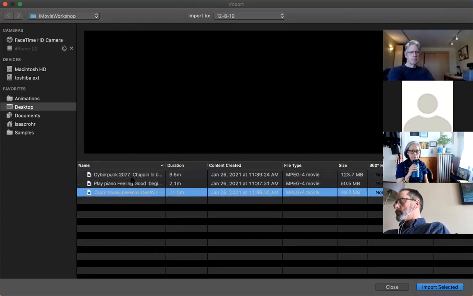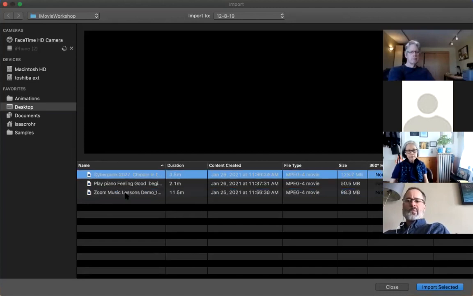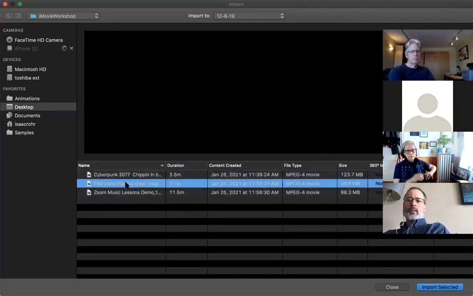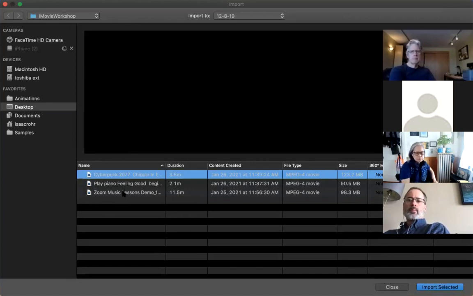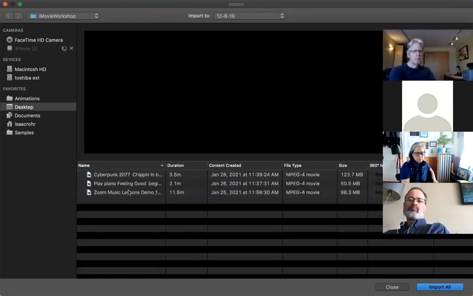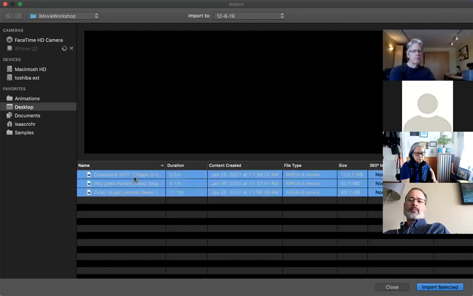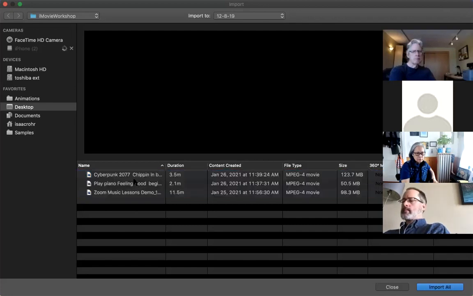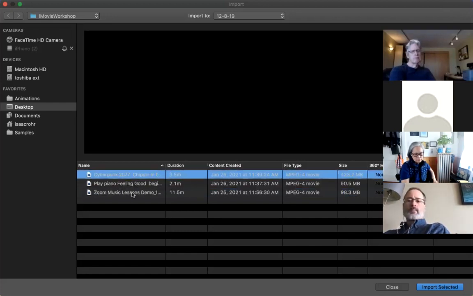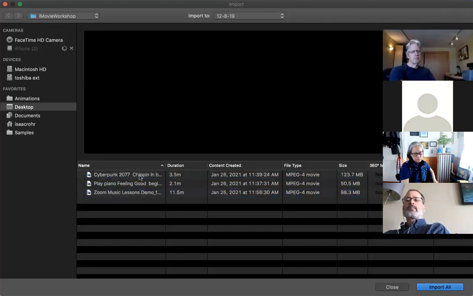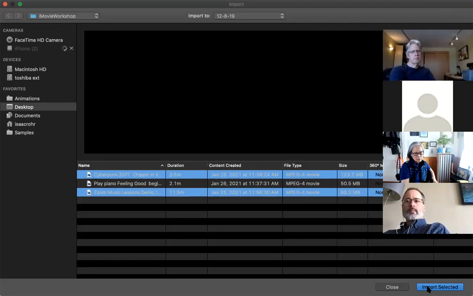For those of you who don't know, you can see that I have a gap between these, and let's say I want to import both of these, but I already have this one in the middle that I don't want to import again. Some of you might know that you can hit shift and then click, and that will highlight in a row. So if I go from the bottom up, that'll highlight everything in between those two clicks. But if I want to only do these two, I can hit command and click, and that will select multiple that way.